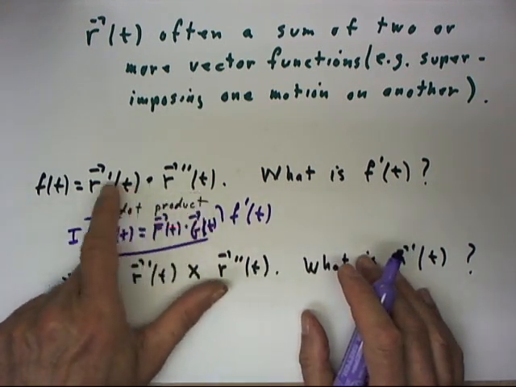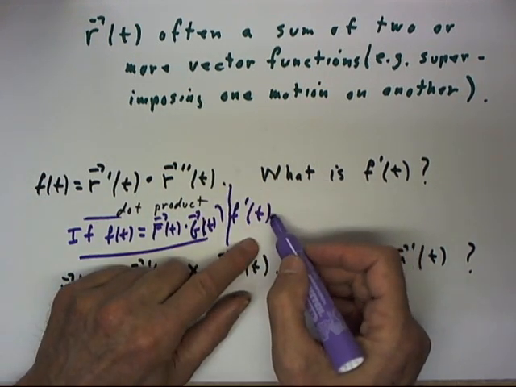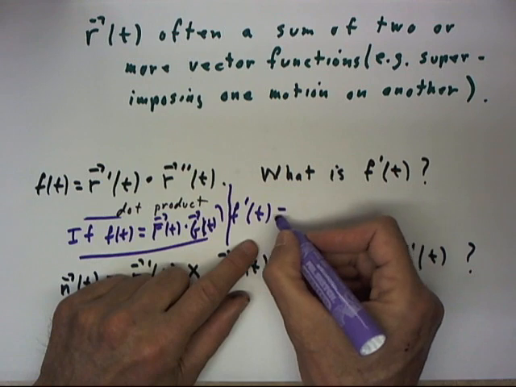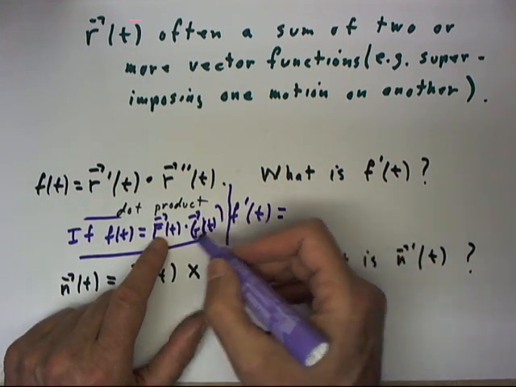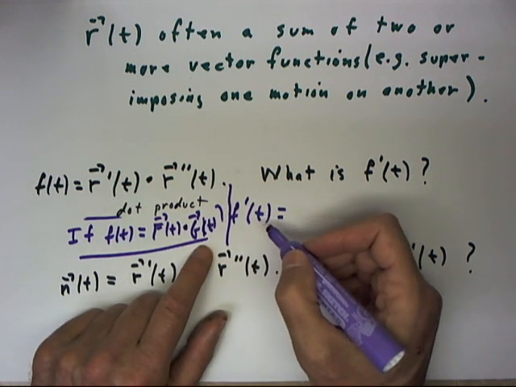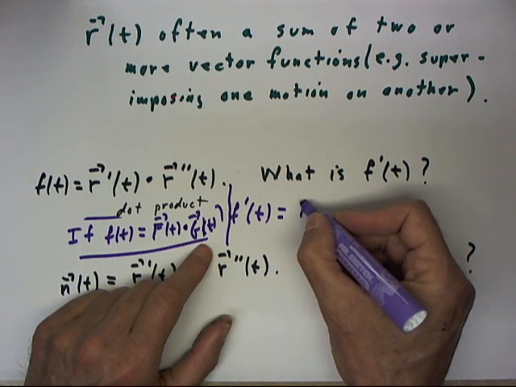I'll have too many primes if I try to do this one. Okay, so we're going to say f prime of t is just going to be, okay, again, if f of t is a product of 2 vector functions, a dot product of 2 vector functions, F of t and G of t, then f prime of t is just